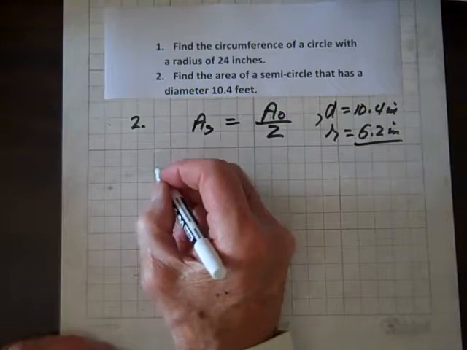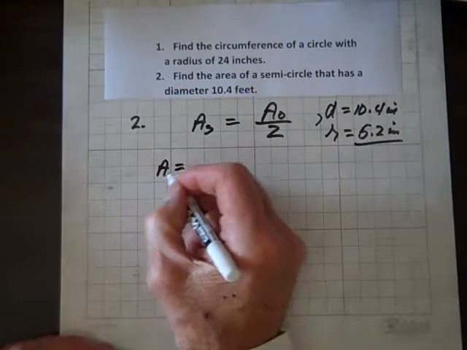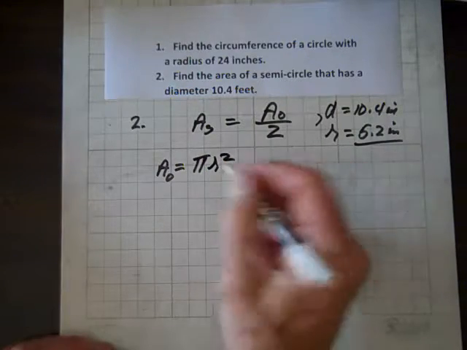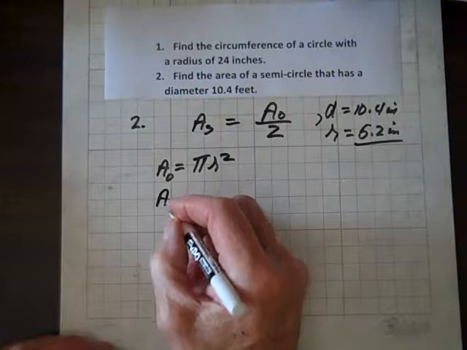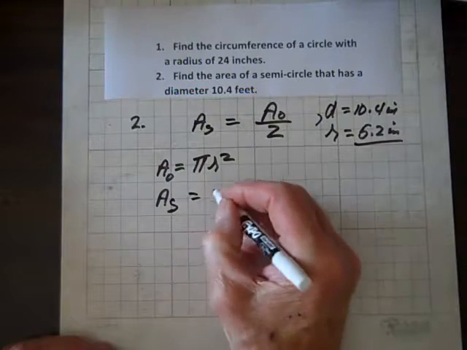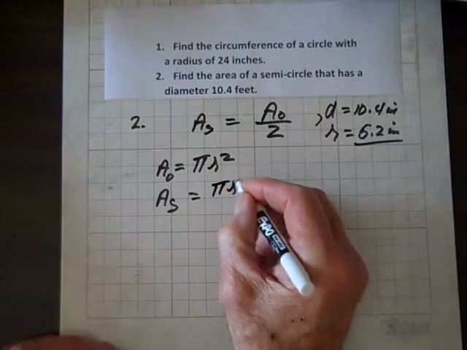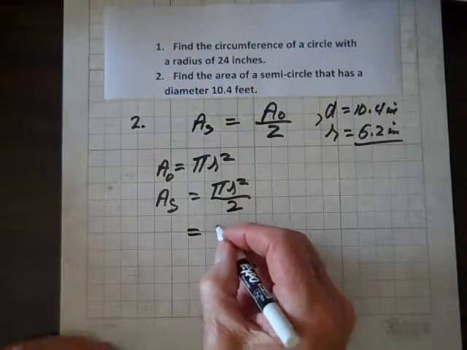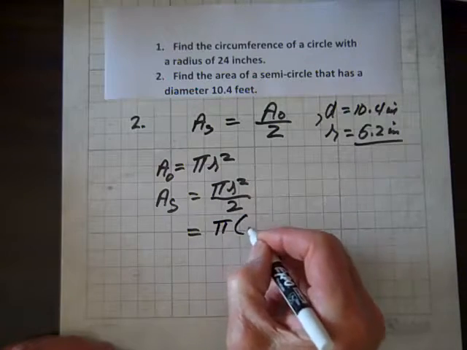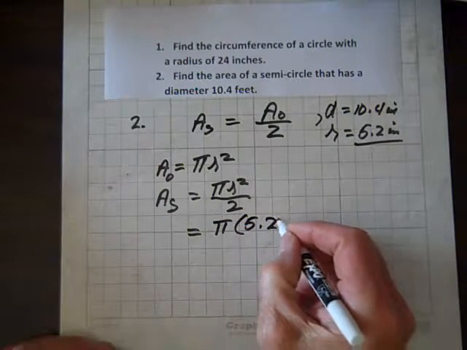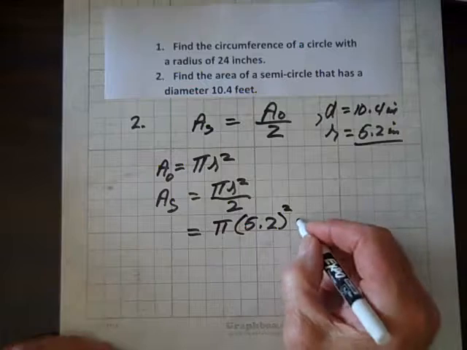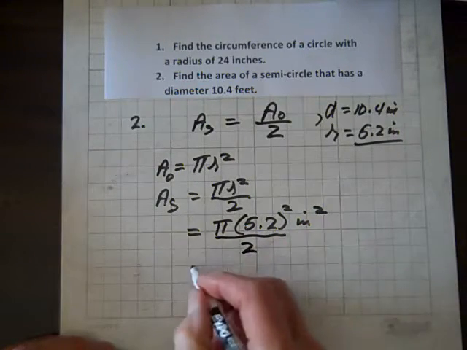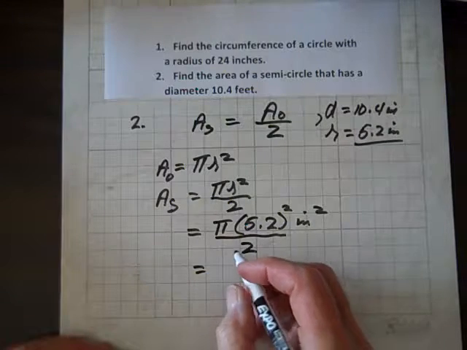So the radius is half the diameter, and that would make that 5.2 inches. Now, area of a circle equals pi r squared. And so the area of a semicircle is going to be pi r squared divided by 2. So when we compute that, we have pi times 5.2 squared in inches squared divided by 2. And when I compute that, I get